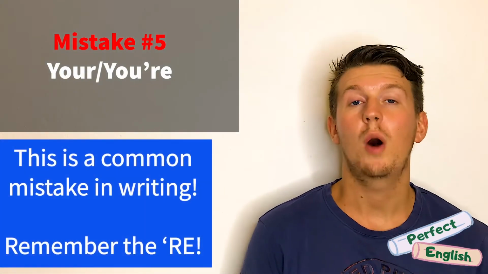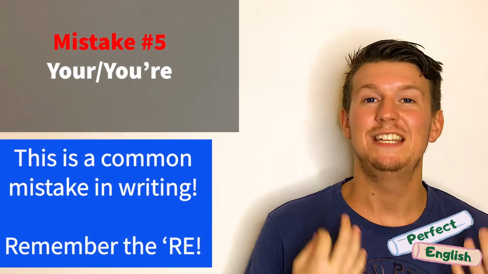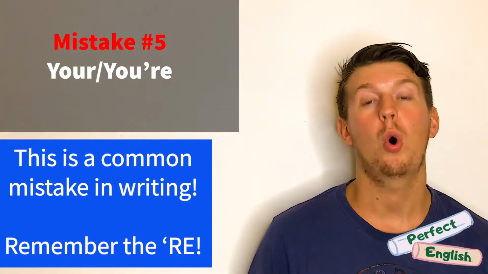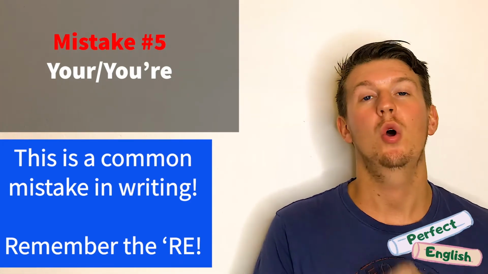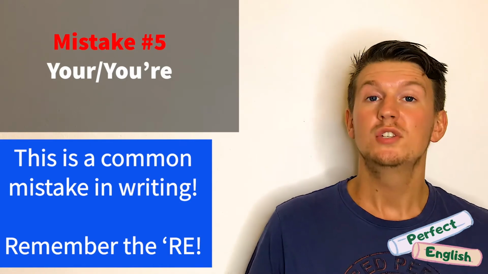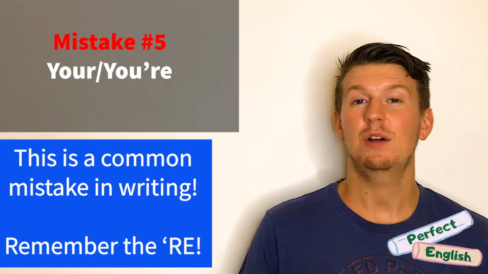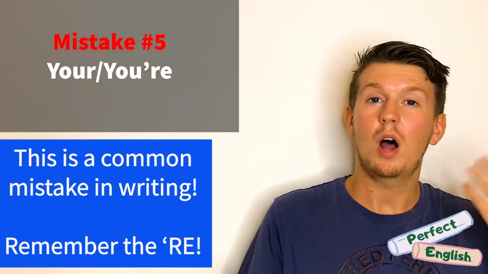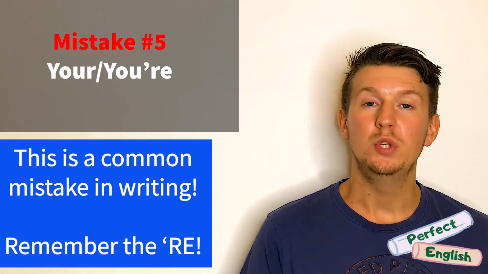The most common thing people get wrong is they never write the apostrophe form. When writing, people always write Y-O-U-R, even when they mean "you are." So again, if you want to stand out in your exams or stand out at work, remember "you are" is Y-O-U